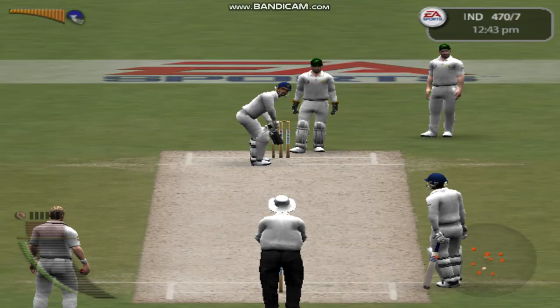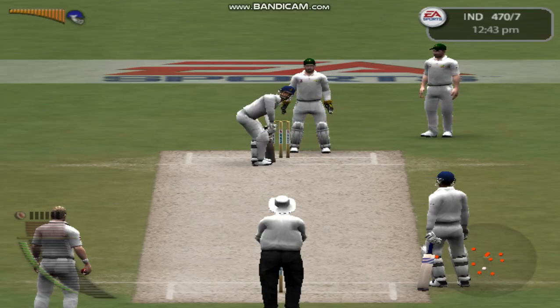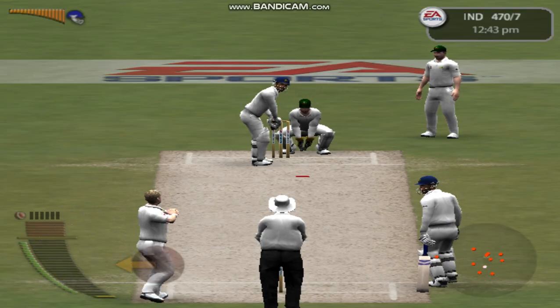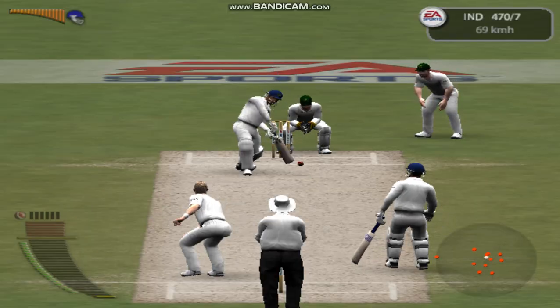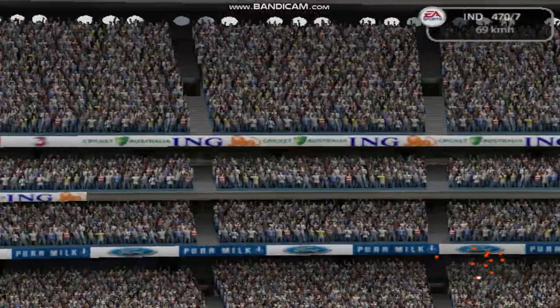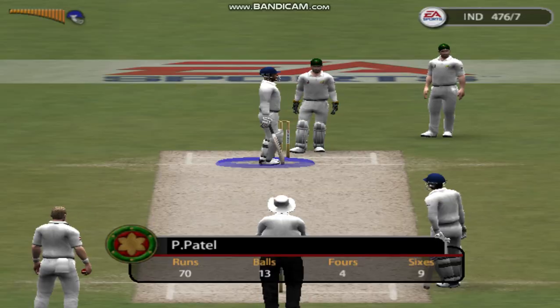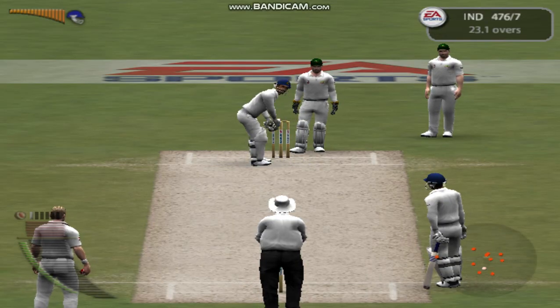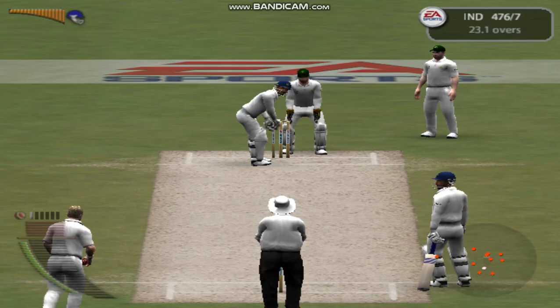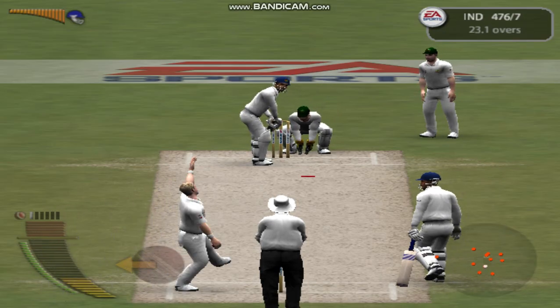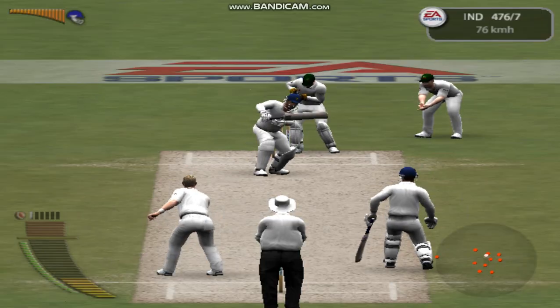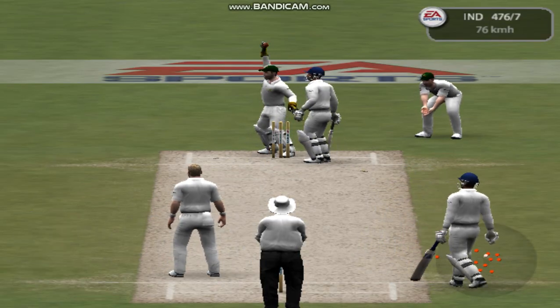Warne to bowl his leg spin. Martin is after it. That's out of the ground. That's a demoralizer. We can have a look at that again. That was a lively delivery by Warne. Oh, that's close.